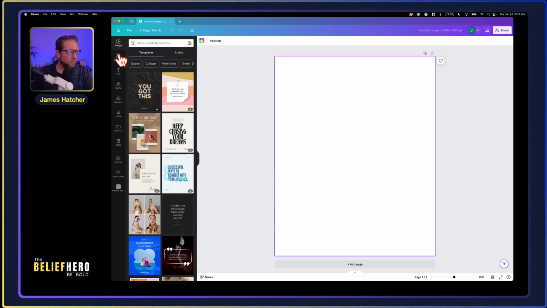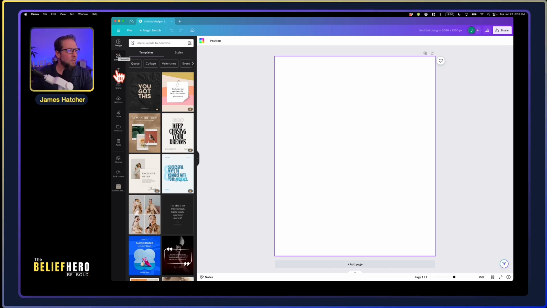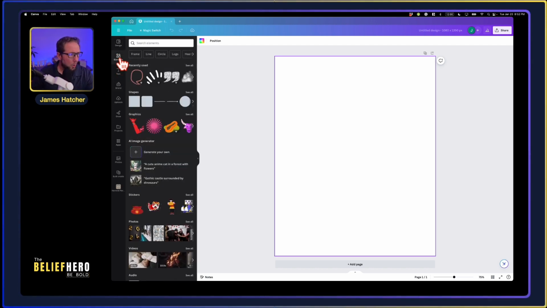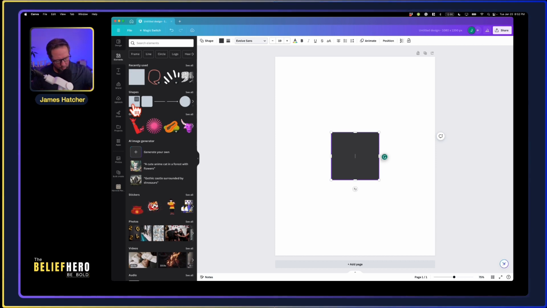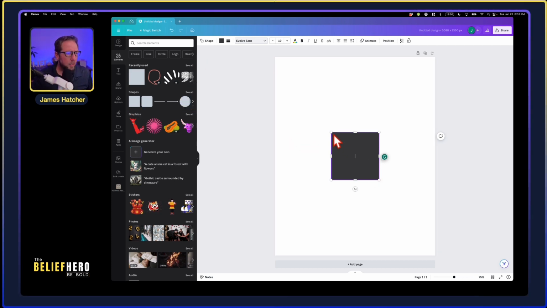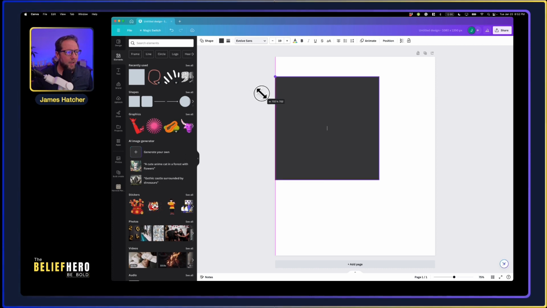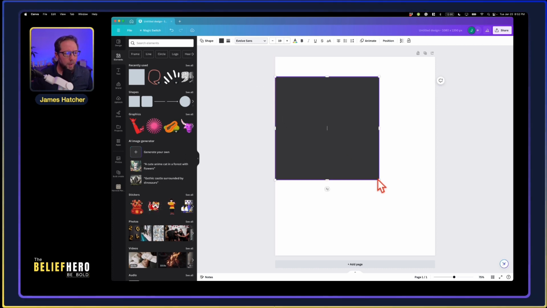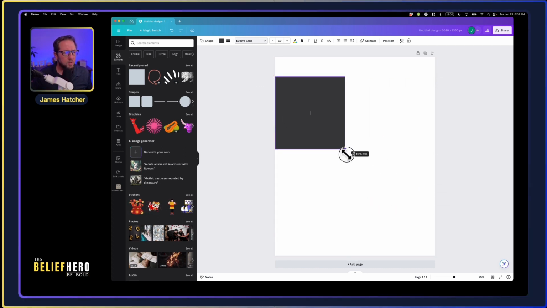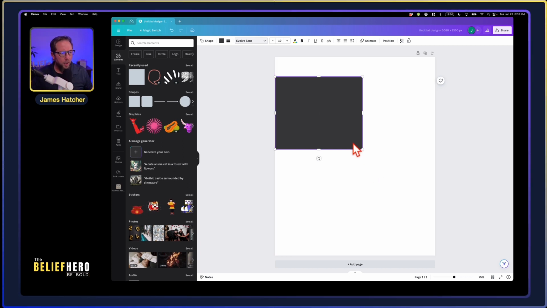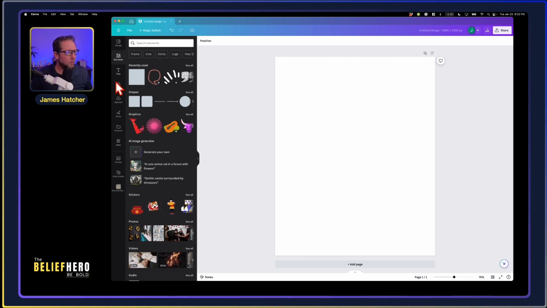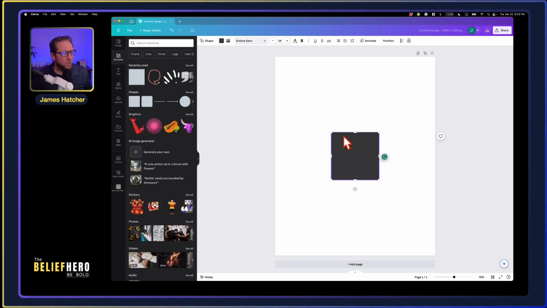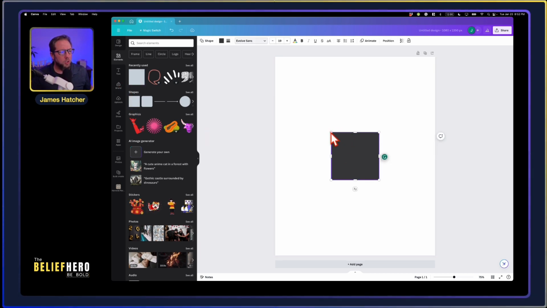Let's dive into it. First thing you're going to do is familiarize yourself with this menu here on the left side. You have design, you have elements, you have text, brand, etc. I want you to go to elements. I want you to grab the square. Now here's a very important thing. You want to hold down shift and drag this square. That keeps it a square. It keeps the format even. If you don't have shift on, see, it does this. Okay, just highlight it, hit delete. If you make a mistake, highlight it, hit delete, or hit the undo button. Go back, grab your shape, grab your square, hold down shift